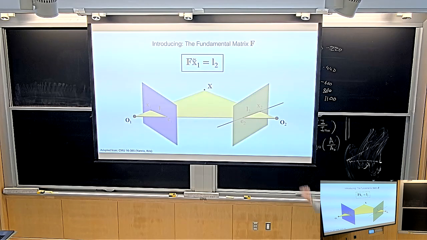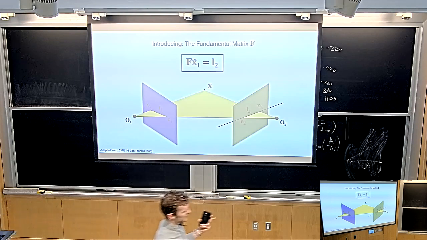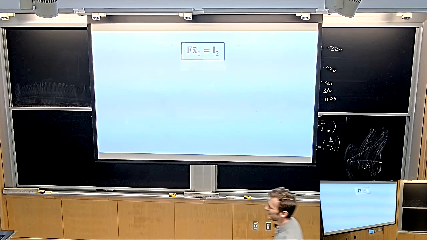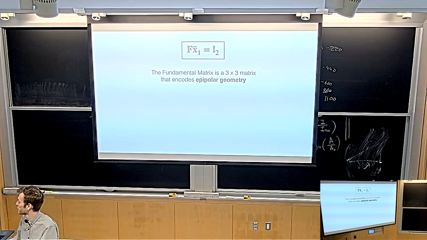So the fundamental matrix is the matrix that has this property. For now, you kind of have to believe me that this matrix exists, but you can convince yourself of that fact by thinking about it a little bit and then being like, okay, it's probably a linear thing. The map of this to that is probably a linear map. There are no nonlinearities involved, so the linear map must exist, therefore it's a single matrix, a linear operator. So this matrix exists, and we're going to derive it now. The fundamental matrix is a 3x3 matrix that encodes epipolar geometry in the sense that we just discussed.